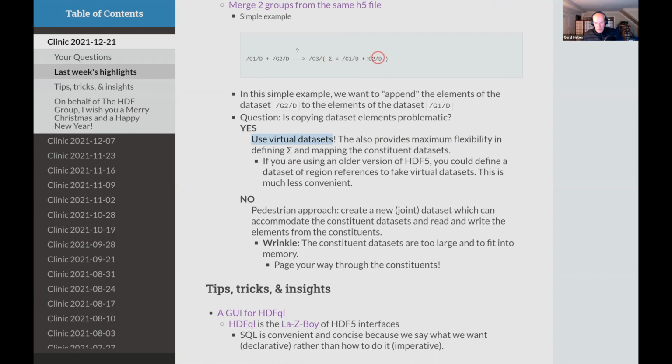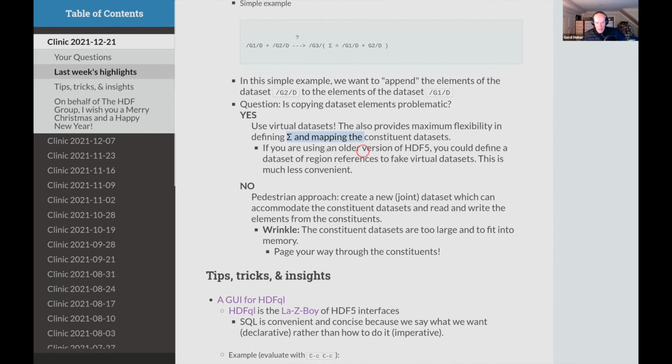So you can, for example, concatenate them if they are one-dimensional, but also if they are multi-dimensional, you can pretty much choose an arbitrary layout for how you want to embed these, I would call them constituent data sets, into this larger dimensional space. So you can embed two one-dimensional data sets into a 2 or 5-dimensional, whatever suits you, data set with virtual data sets. That's really just a matter of defining some mappings, and that's just metadata operations. So no data is touched or changed.